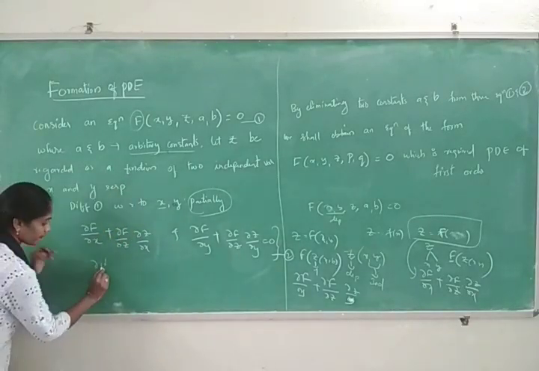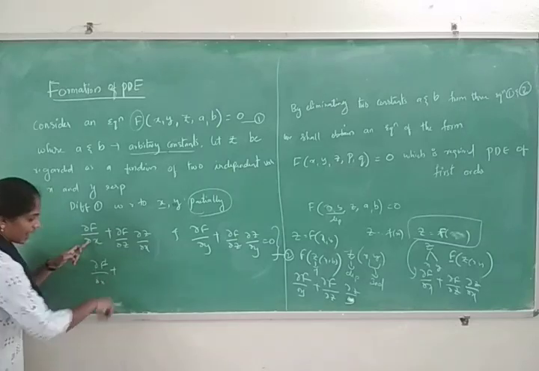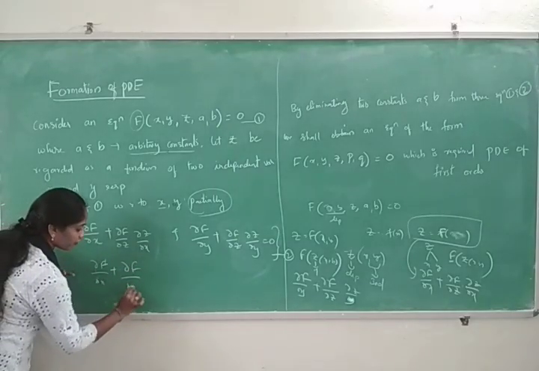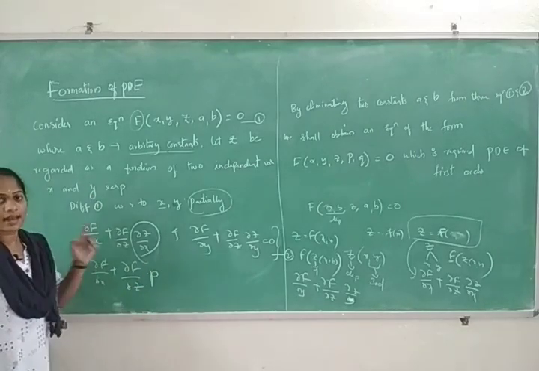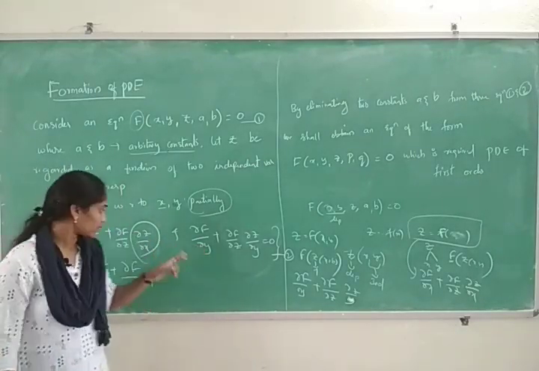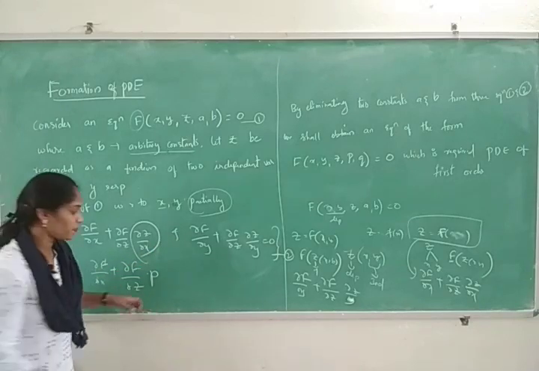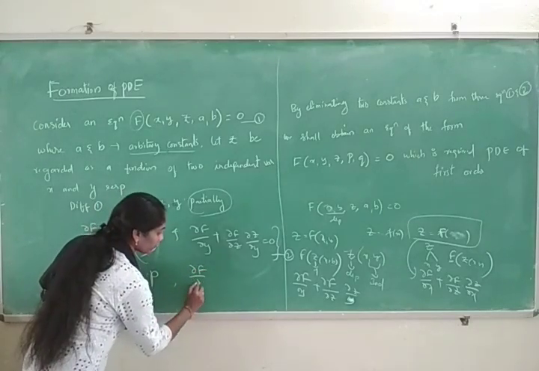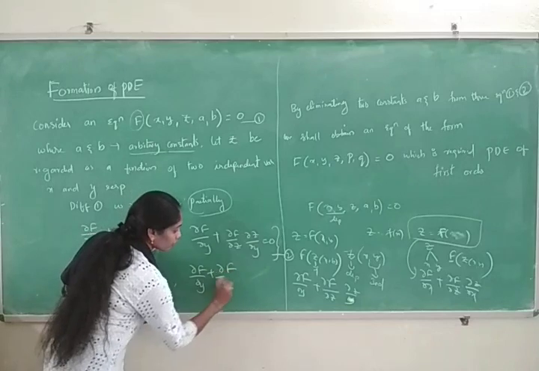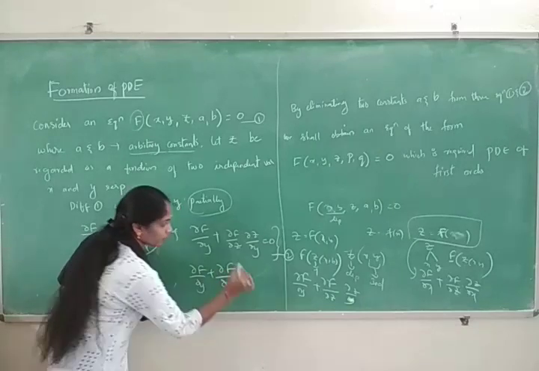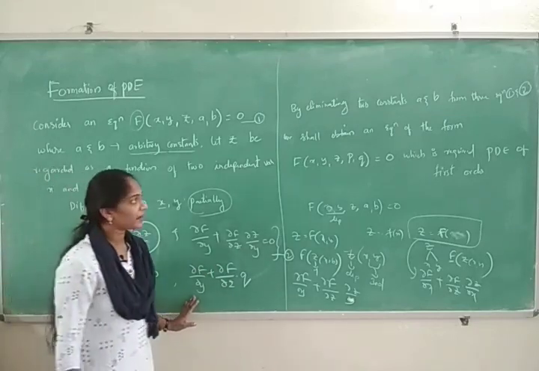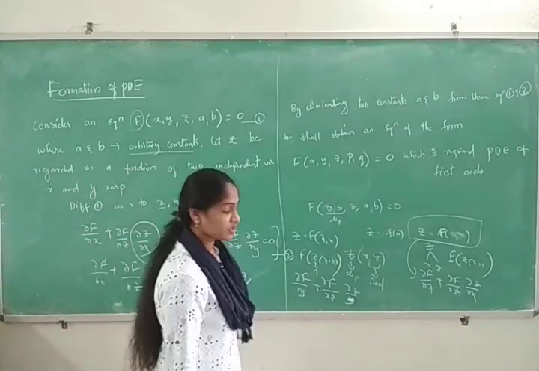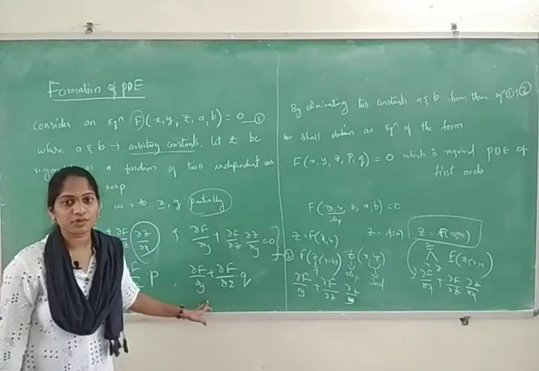So from these two equations you get an idea. Dou f by dou x as it is, and dou f by dou z, what is this value? In the previous video you can go through that. By notation it is P. Now dou f by dou y plus dou f by dou z into dou z by dou y, what is this value? Q. So now from both equations you can eliminate the arbitrary constants. Are the arbitrary constants visible here or not?